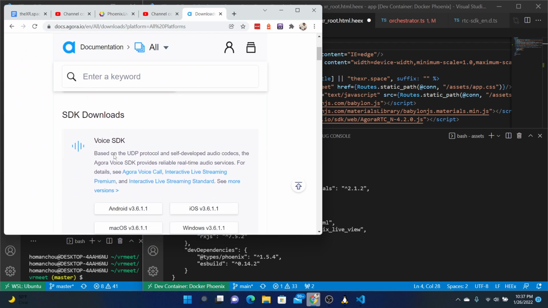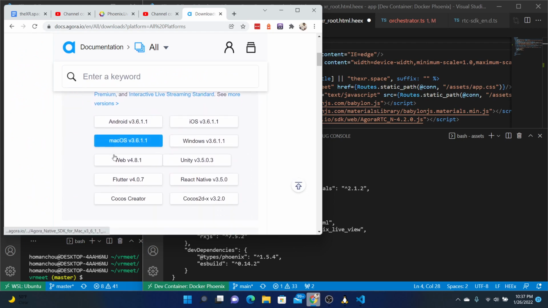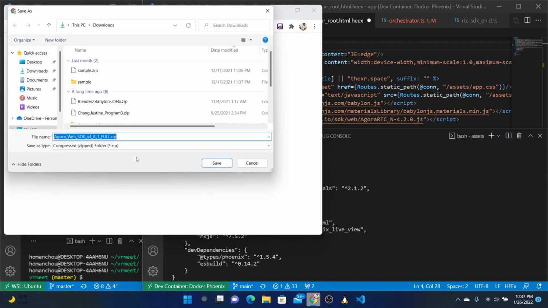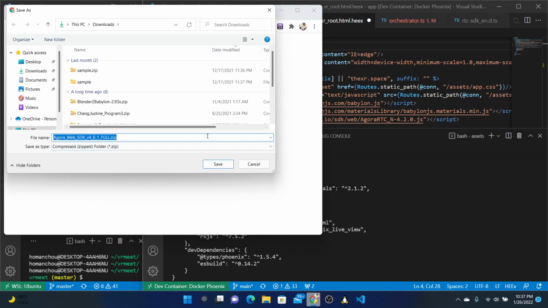Oh, where is it? Okay, SDK downloads. So where's the web? iOS, Windows, web. Oh yeah. Okay, it's here, but where is the